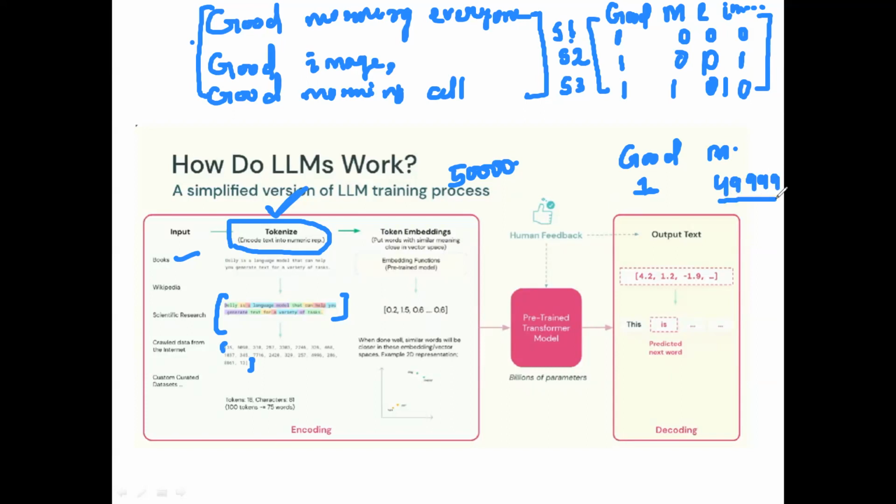49,999 remaining words are there. What I need to do is sort all of these 49,999 remaining words according to the order which is relevant to "good". Meaning, I'll give a probability from 0 to 100 based on how many times in the past these two words combined together